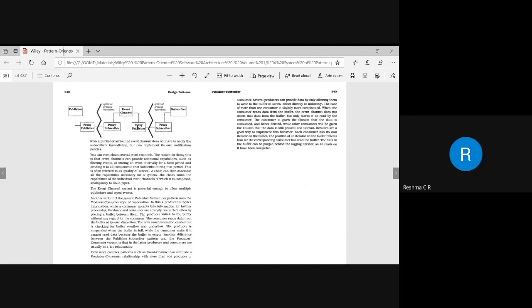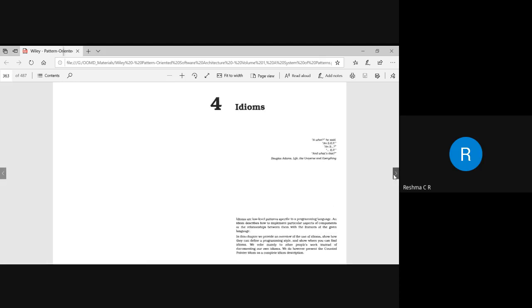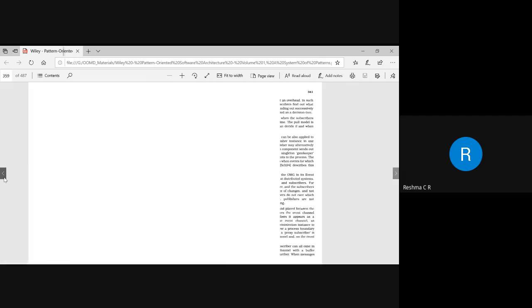Similarly, on the receiving end, we again have a proxy publisher and proxy subscriber. It will identify the subscriber, and the other dependent components will be notified. That is how the system is going to work. So that is all about your patterns.